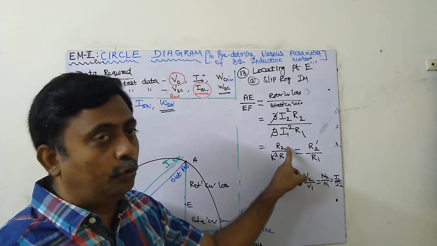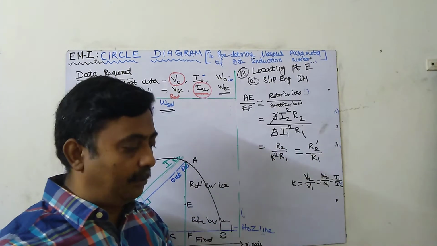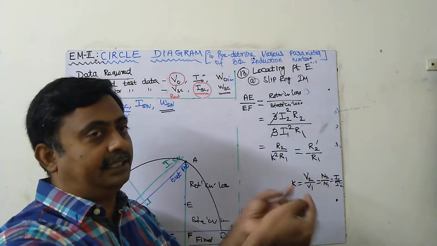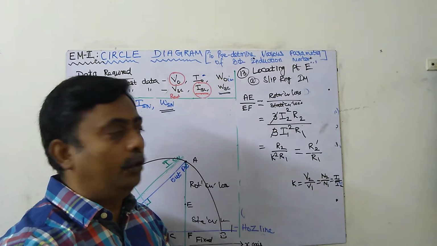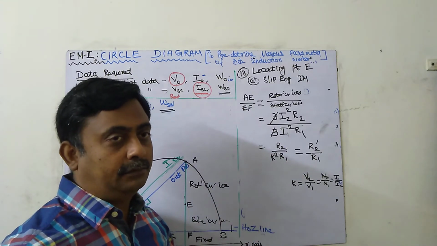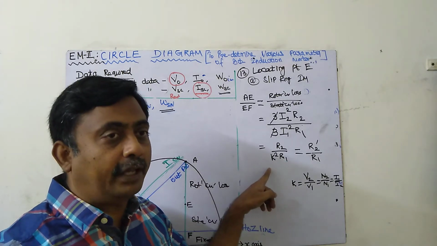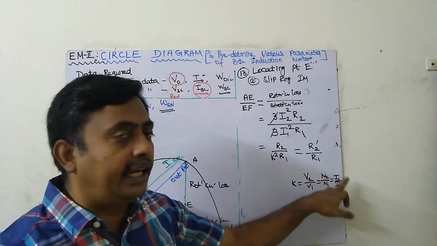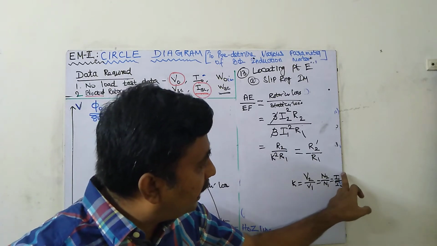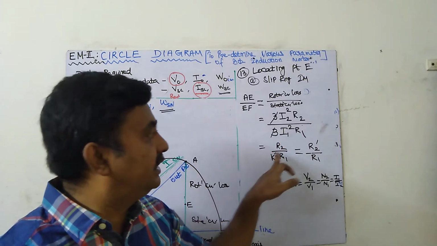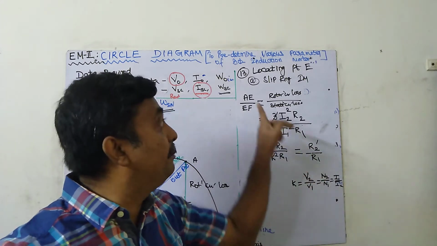So how to measure R2? The rotor side of a slip ring induction motor: the rotor resistance comes outside. We can easily measure the resistance between 2 windings and divide by 2 to get R2. What is R1? The stator resistance, also a measurable quantity. Then we can find K square: in the nameplate details we can see either the voltage ratio or current ratio, stator current I1 divided by rotor current I2 equals K. These 3 things we can easily find for a slip ring induction motor.